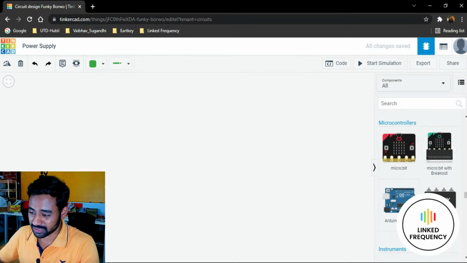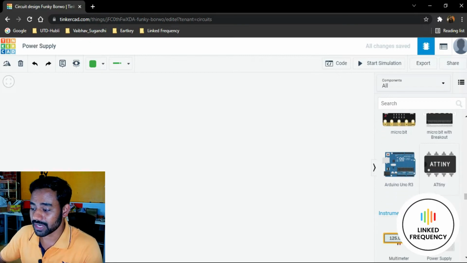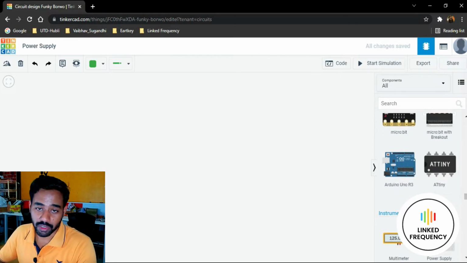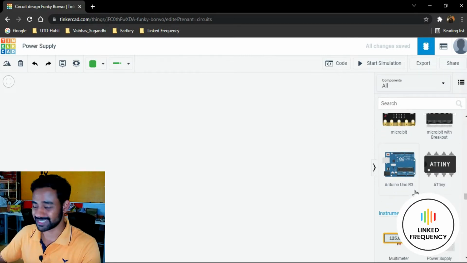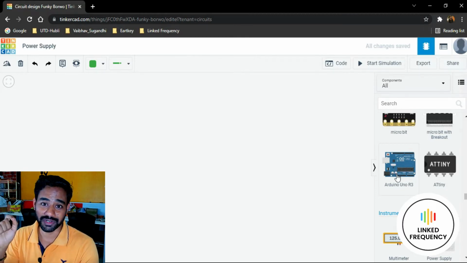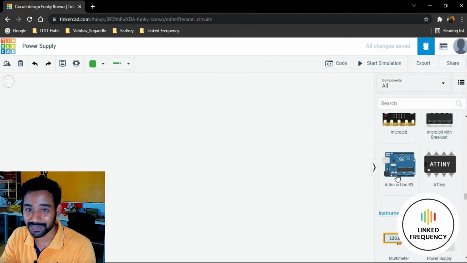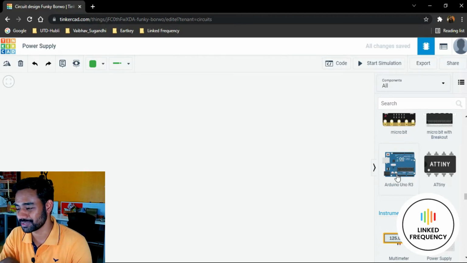I think micro:bit is a kind of microcontroller. I don't know what it is. It is newly added or recently added, which I'm not going to talk about at this point of time. But we have two very important things to notice in this section, which is all about Arduino Uno R3. And I would like to recall one more kind of a slogan that we spoke in previous tutorial.